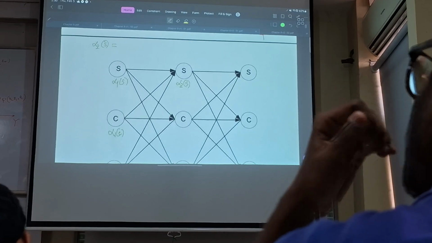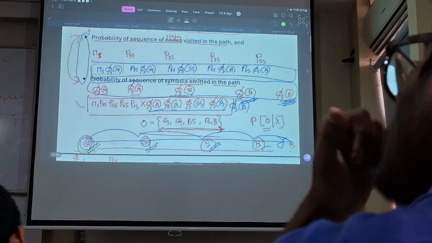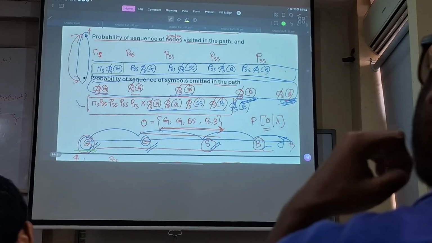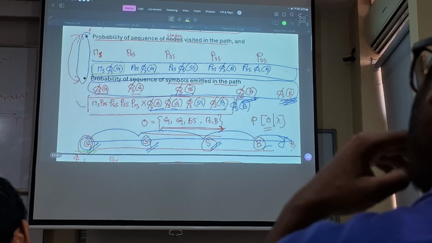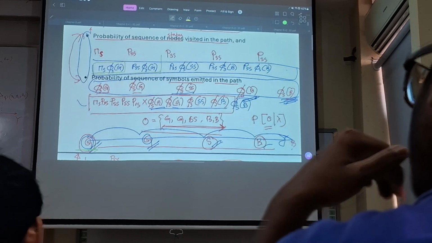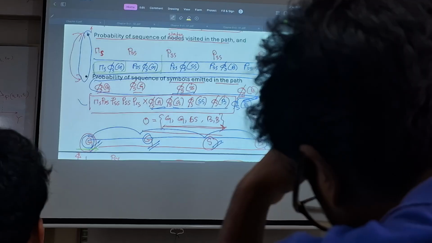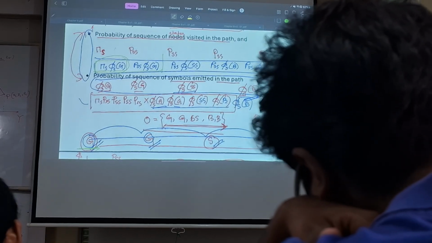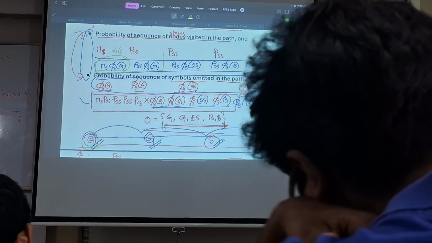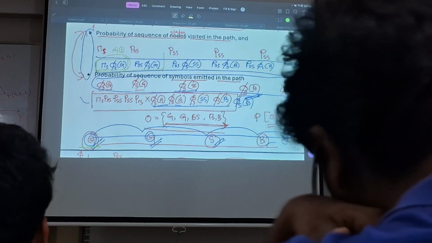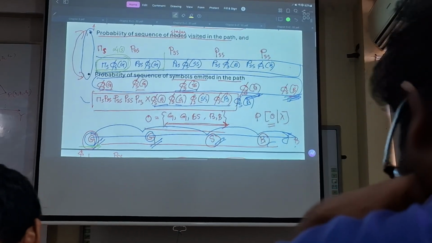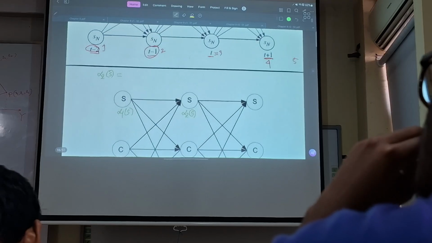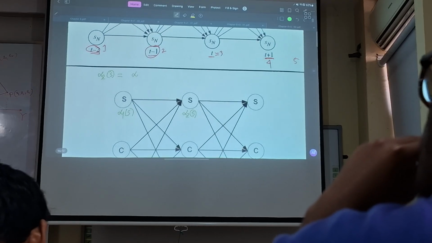Alpha 1 is into phi of. Okay, just if we focus here, if this one is alpha 1, then up to this alpha, right? Up to this. So what we do, we denote this one by alpha 1 S, and the transition from S to S is here, and alpha phi S is here. So the first side, we can say it will be alpha 1 S